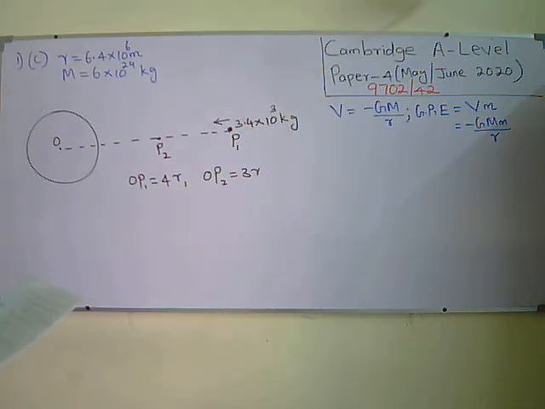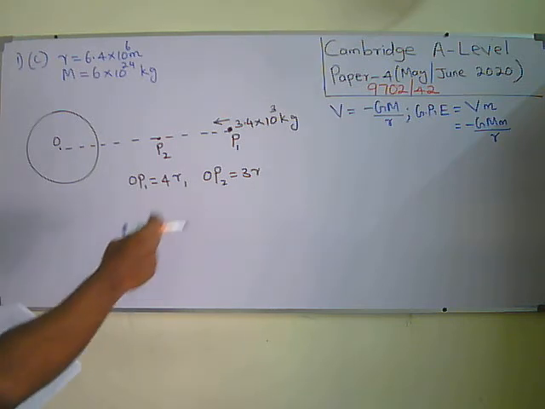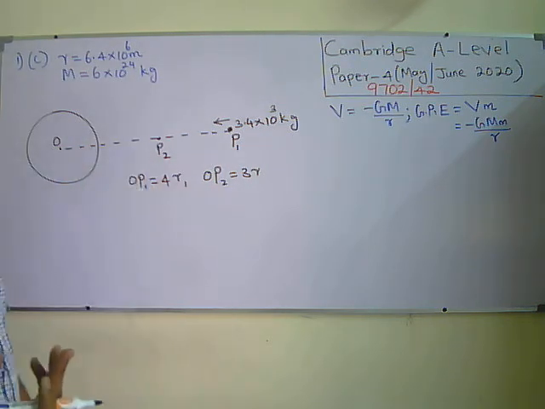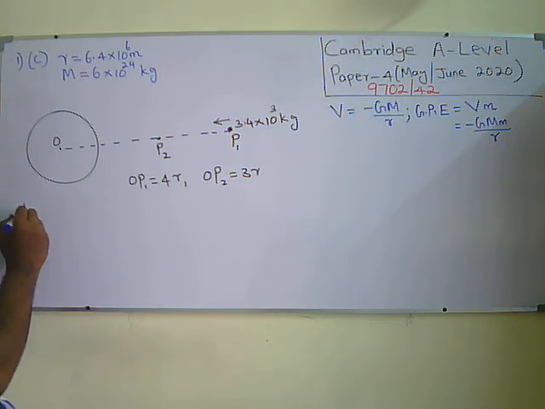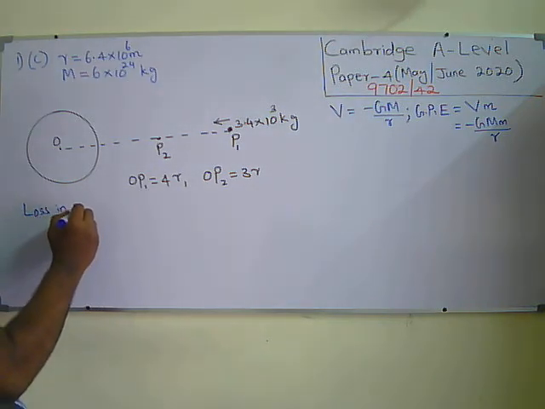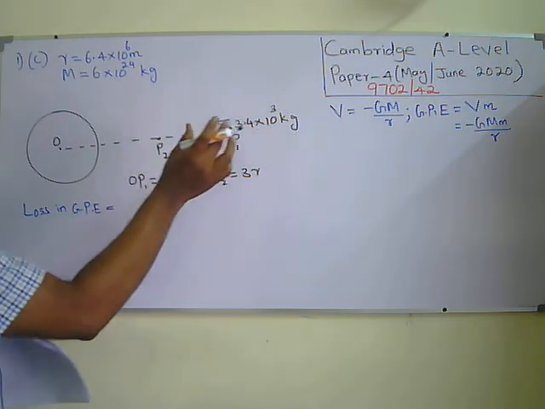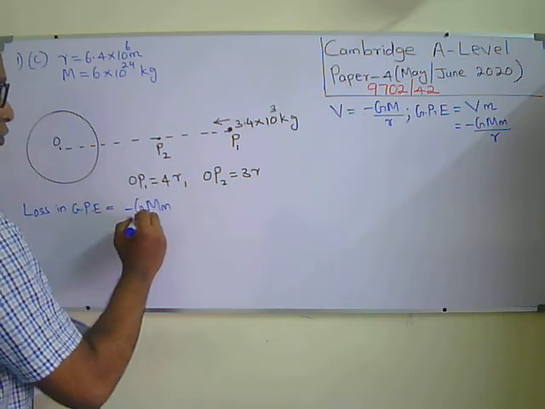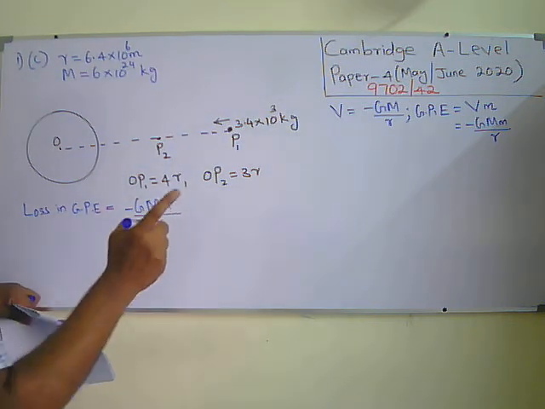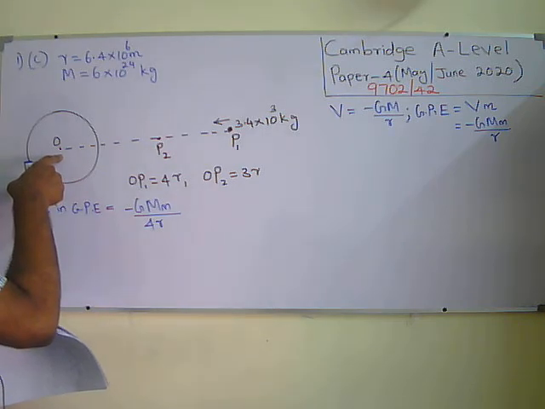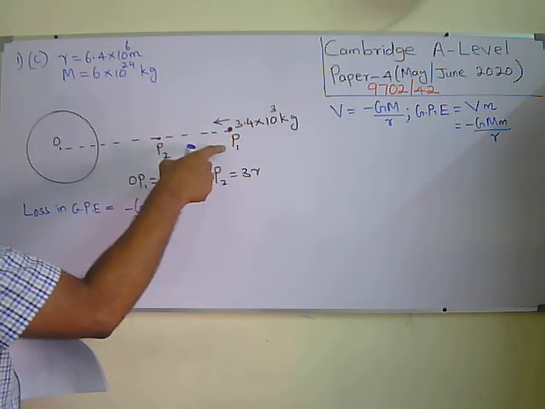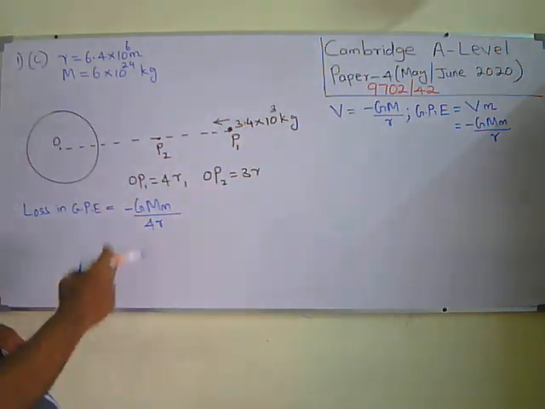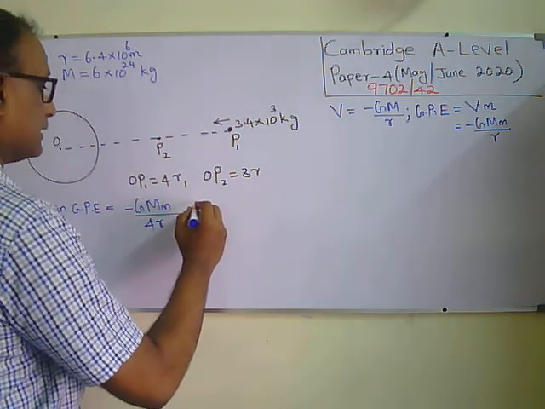So it's losing gravitational potential energy, which means at this point P1 its gravitational potential energy will be larger, and here the gravitational potential energy will be lower. So I can say loss in gravitational potential energy equals gravitational potential energy at this point, minus GMm over 4r, because all the distances must be measured from the center of mass of the planet, which creates the gravitational potentials at P1 and P2. In that gravitational potential, this rock is moving, is it? So minus GMm over 4r minus